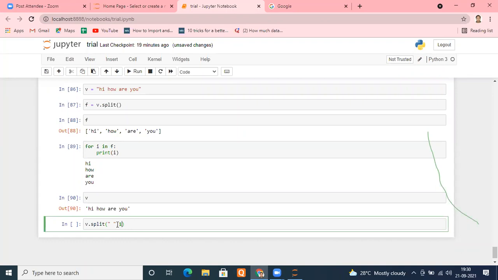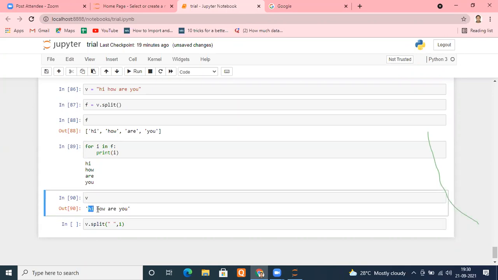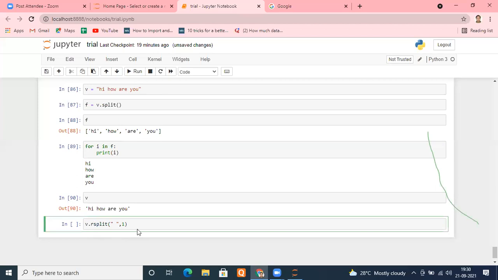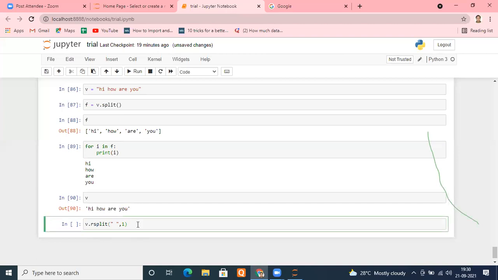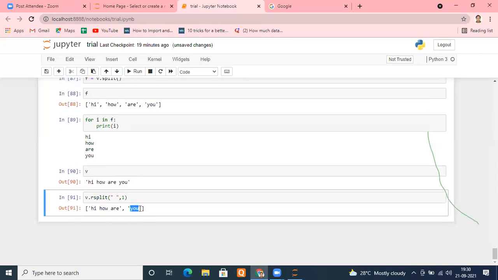But now it will split from the right-hand side. Earlier, when I was giving split as 1, it was taking hi as a separate part and how are you combined as another, from the left-hand side. Now with rsplit, it will take from the right-hand side, so you as one portion and how are you as the second portion. Let me check it. Get the point? It is splitting from the right-hand side now. Earlier it was splitting from the left-hand side.